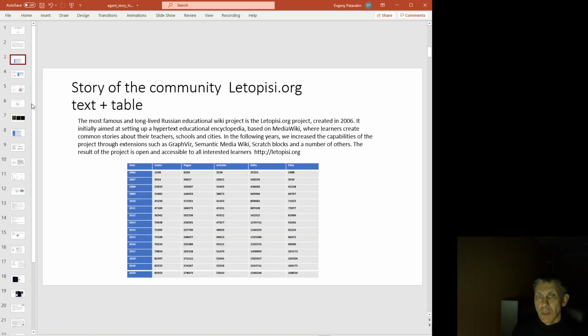So the first example that we use is a story about the community LetPC, and we start with the text. It is the most famous and long-lived Russian educational wiki project, created more than 15 years ago. It initially aimed at setting up a hypertext educational encyclopedia, where learners created a common story about the teachers, schools, and cities. In the following years, we increased the capability of this project through extensions like GraphViz, Semantic MediaWiki, Scratchblock,